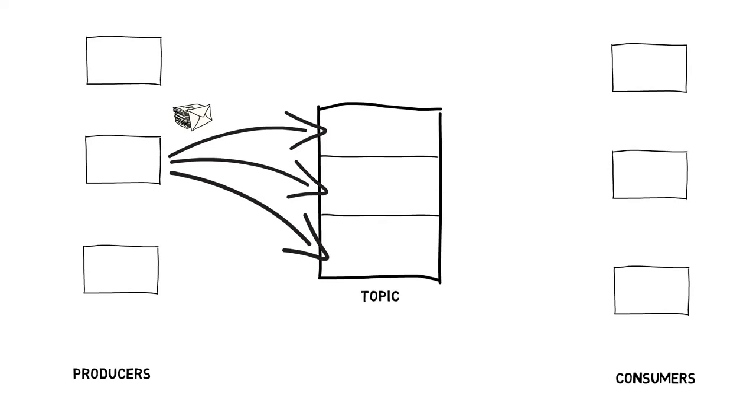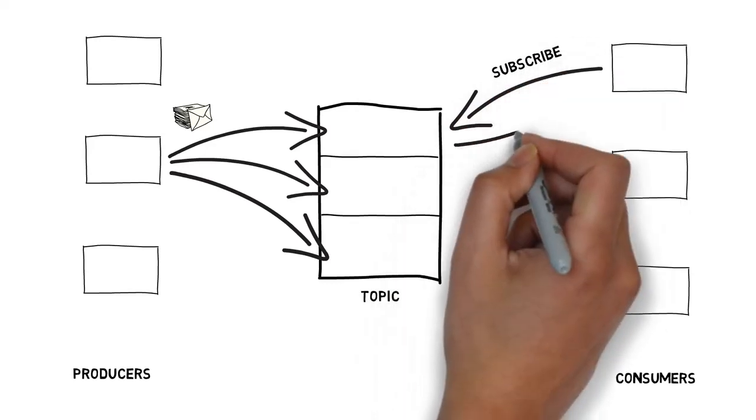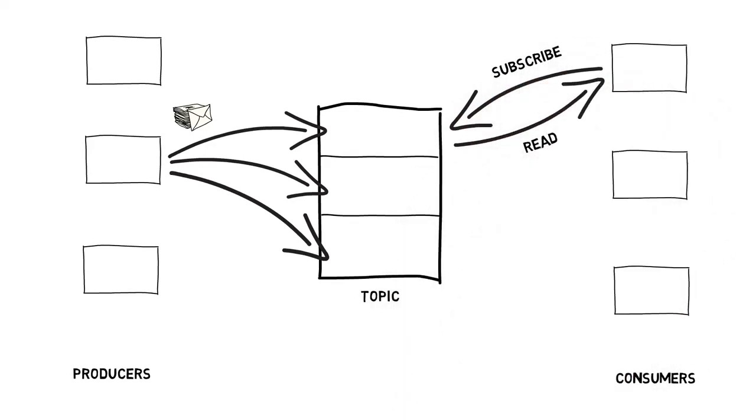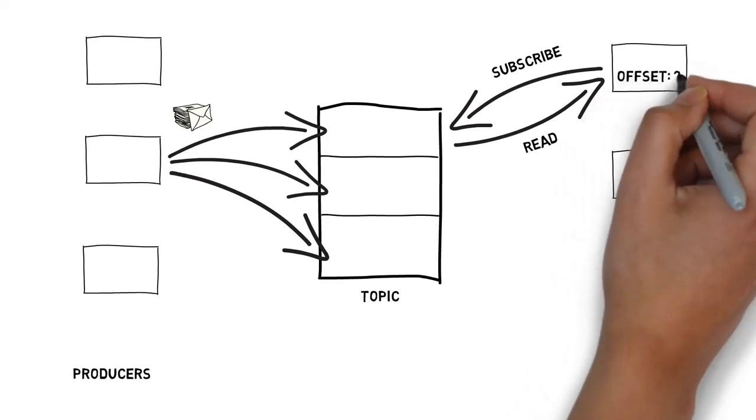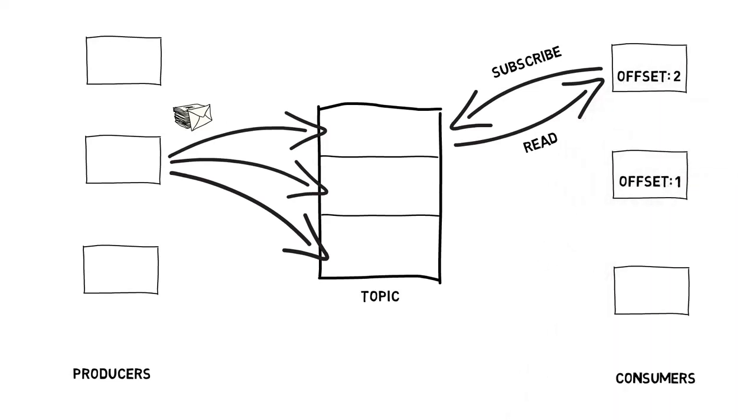Consumers, on the other hand, read messages. They subscribe to one or multiple topics and read messages in the order they were produced. The consumer keeps track of its position in the stream of data by remembering what offset was already consumed. Offsets are created at the time a message is written to Kafka, and they correspond to a specific message